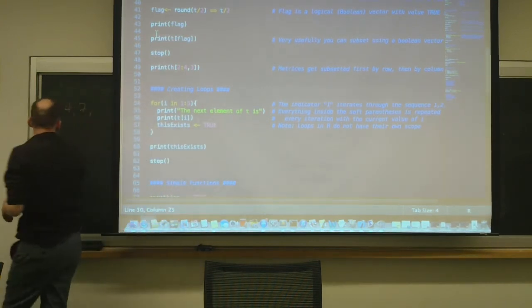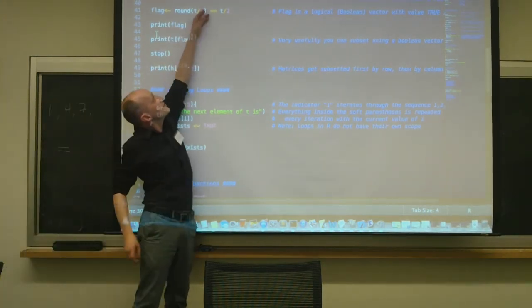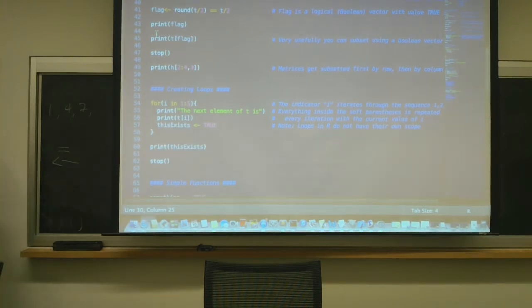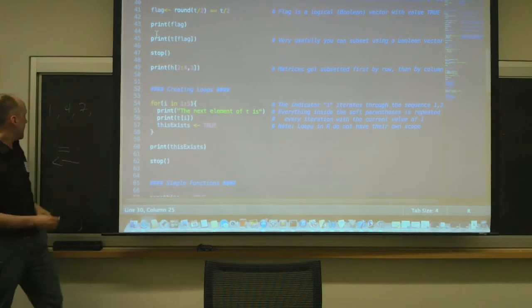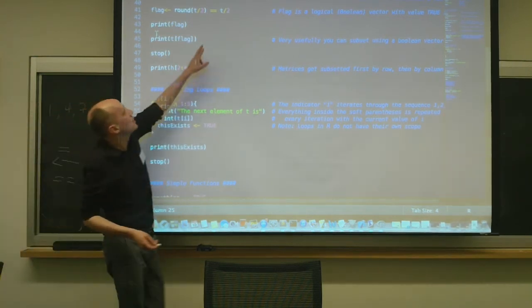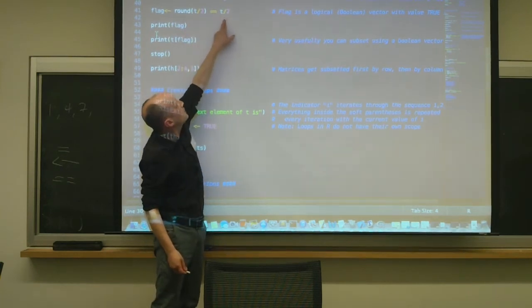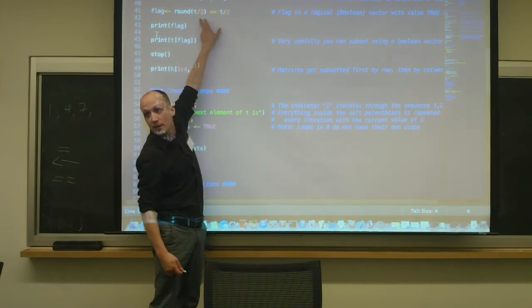Okay, so single equals is going to be used for arguments inside functions. Assignment is going to be used for setting a value that I've just constructed, and double equals is a logical operator, which is either true or false. These two things are equal or they're not equal. So this is a little operator saying, is the vector that comes out of here equal to the vector over here? This is going to be true if it's even. It's going to be false if it's not, right? Because it will have rounded.